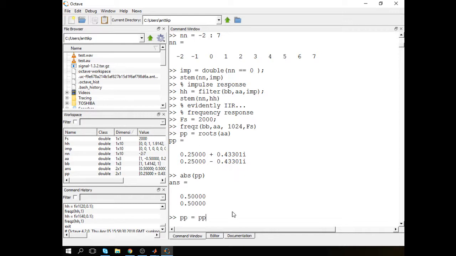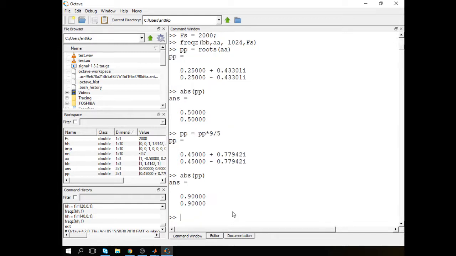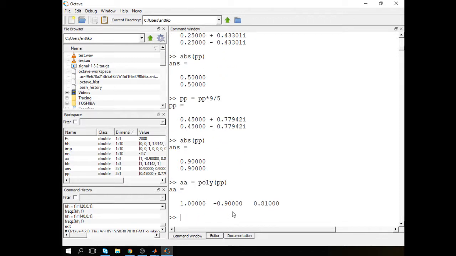PP equals PP times 0.9 or 0.95. I think that'll do the trick. Yep. So now I have the poles on the same angle but a different range, and then I need the parameters back. AA equals polynomial, which is defined by these poles P. New coefficients, which means